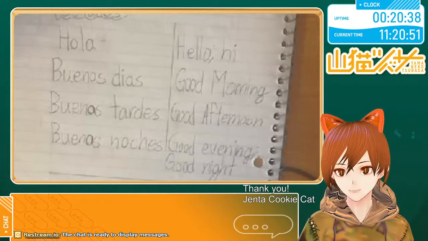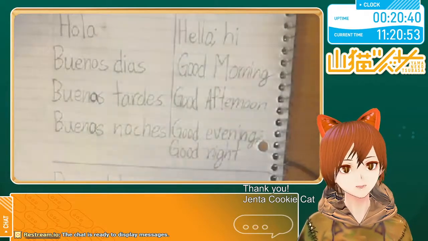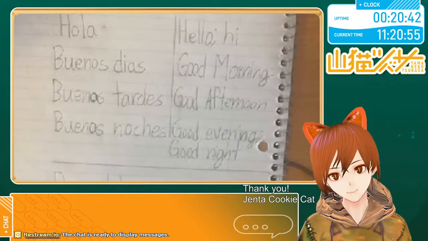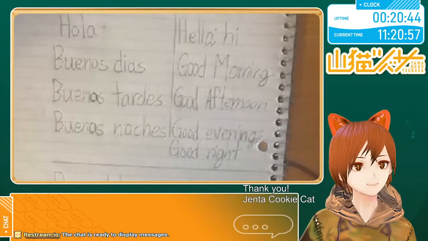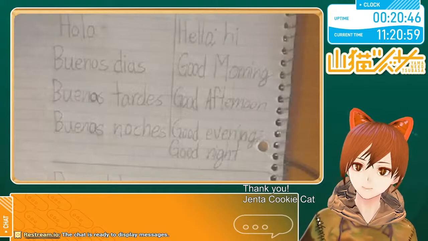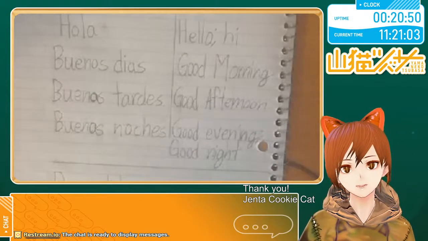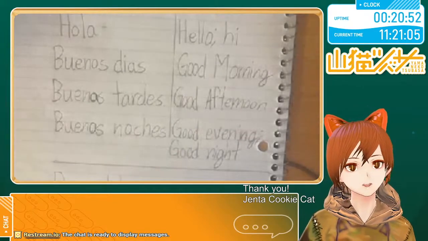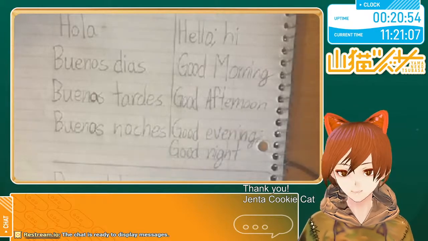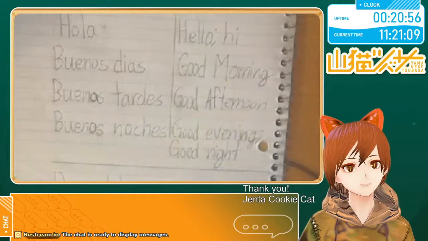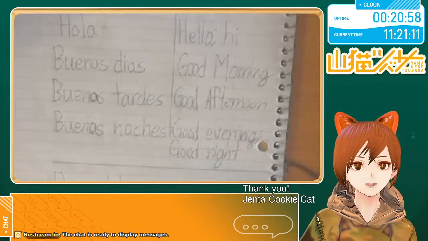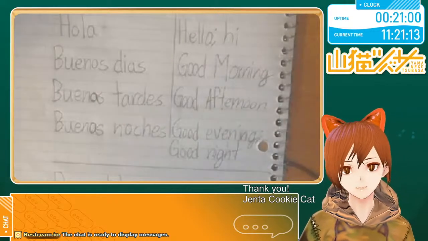I guess something as common as hola rarely needs to get repeated, since you repeat that in your everyday life. It's the go-to greeting, so if you want to save some time, you can skip over hola. But buenos días, I know not everyone says buenos días when they see someone else in the morning, but